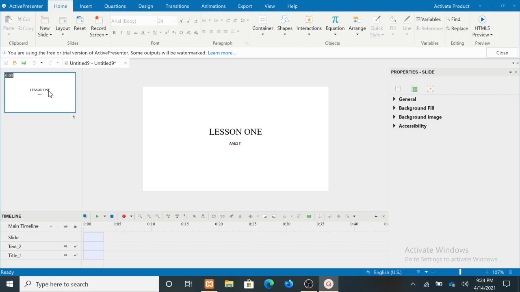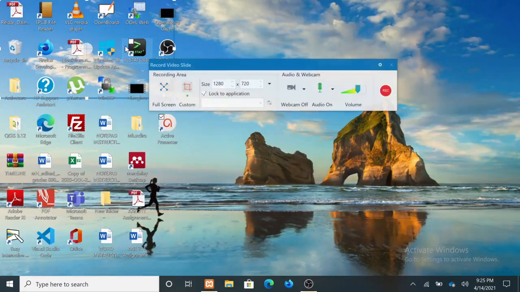Okay, so how do we now begin the actual recording from this point? From here, what I need to do is to go to this small icon which says record screen. When you click here, you will get this small drop down menu. You select the first item there which says record video. So when you click on record video,